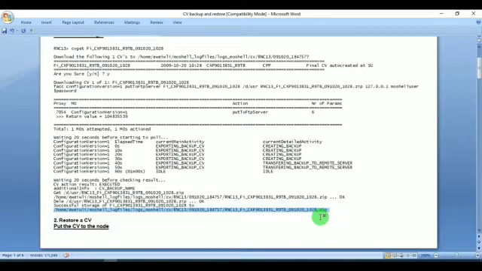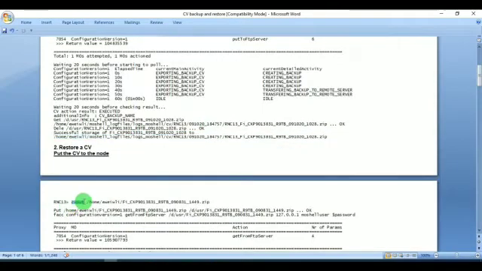Once it is stored, if you want to restore the CV to another node for a configuration issue, or the node gets a failure and you want to replace the node by using the existing CV, during that time you have to use a command to restore the CV. You have to use the command cv put space the file path name with file name in zip format, that is cv put space